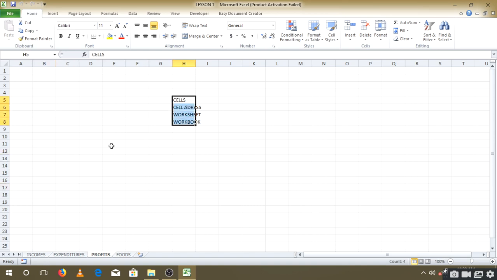So that's the introductory part we need to know about what we are going to deal with. These terms are so important because we keep on talking about them: go to this cell, go to this sheet, open this workbook, and so on. So this is what we are basically going to